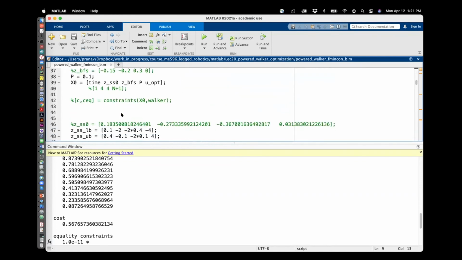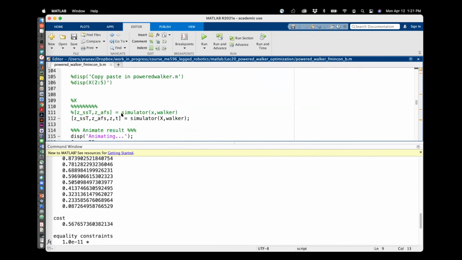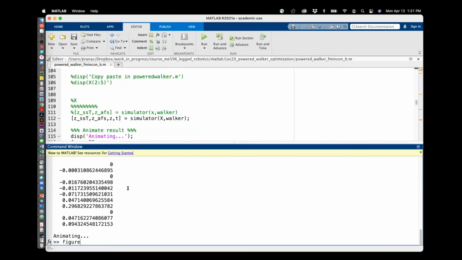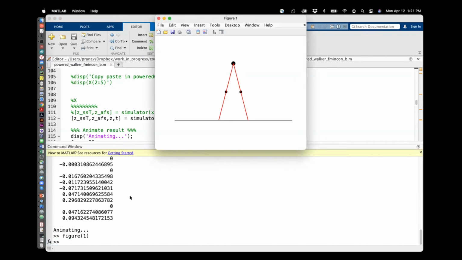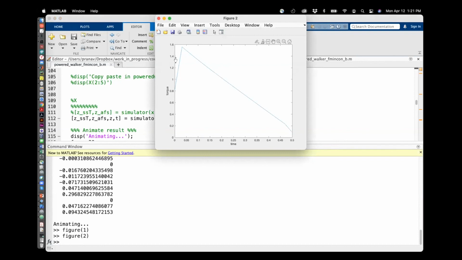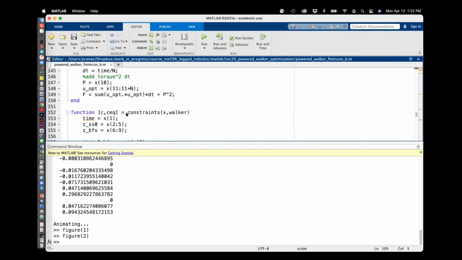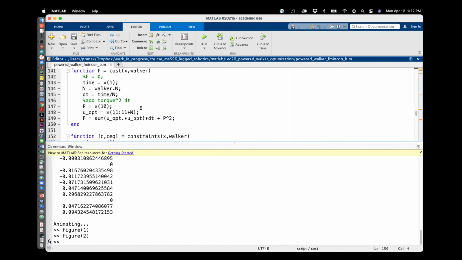You will also see that as you change the cost function, the optimum changes. So that optimum, figure 1, I think, is this figure 2 maybe. It's sort of decreasing. So there's a max torque in the start to swing the leg fast enough, and then it just decreases. If you change the cost, for example, I was trying to see if I can put